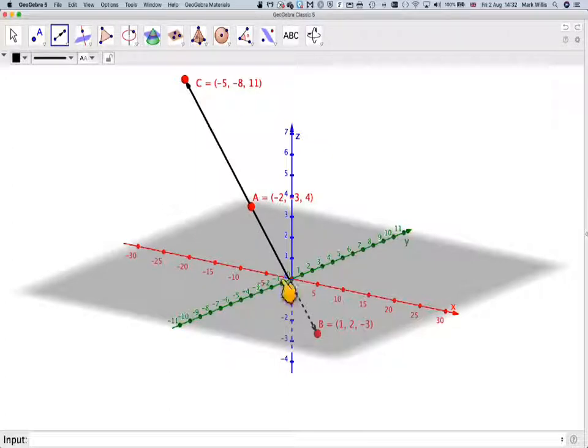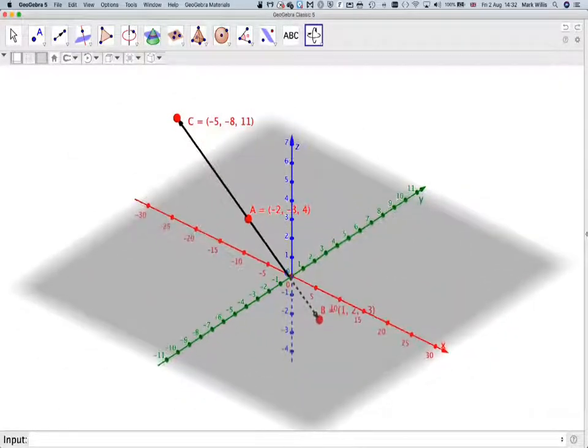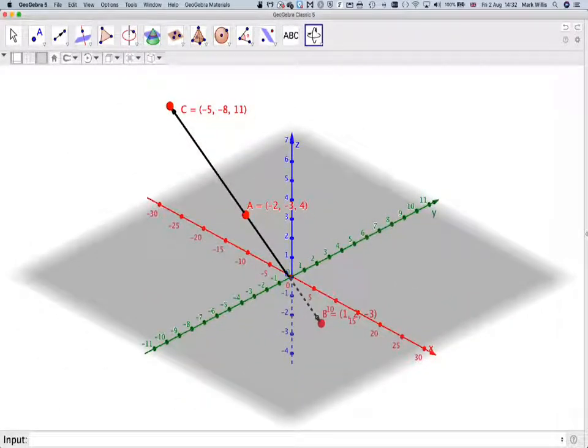Now if the vector AB is parallel to the vector AC, and because A is the same point, then these 3 points will be in a straight line, which we can see that they are, but we've got to actually prove it